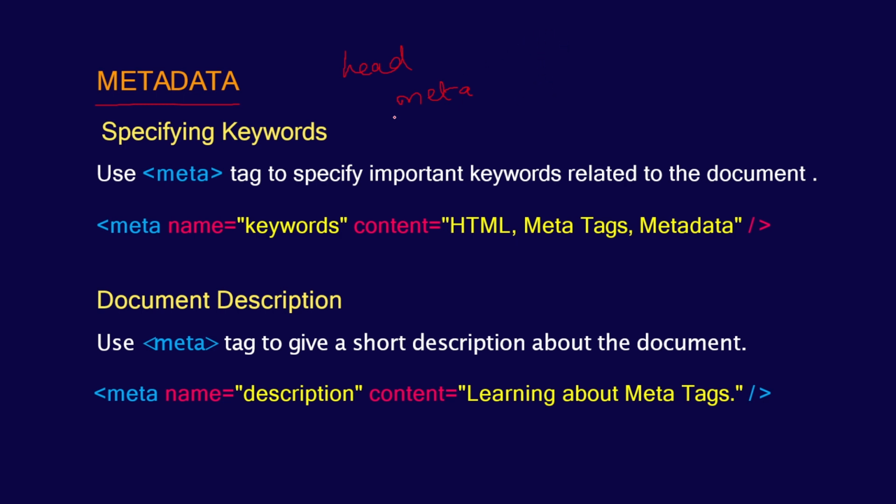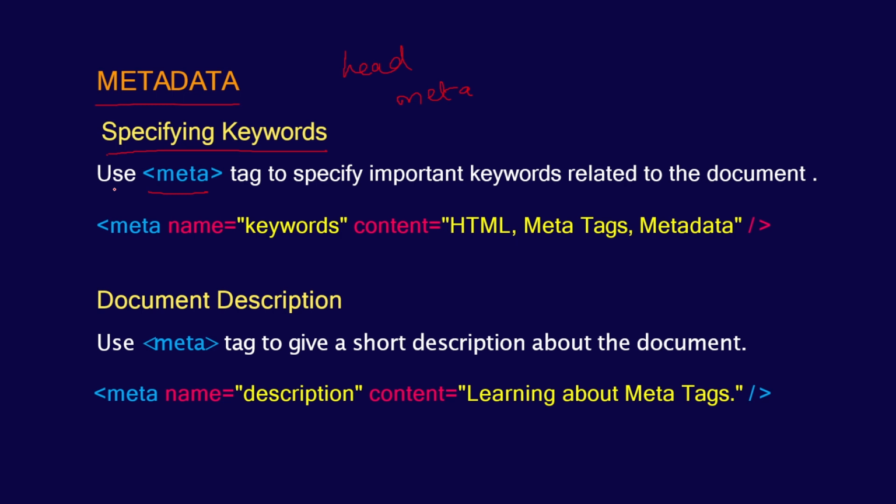Now, it can be about the specific keywords, about the description of that HTML document, about the author, about the viewport settings, and etc. So let us see the specifying keyword. Inside this meta tags, there are certain classifications done. This meta tag can be used for specifying the keywords when you want to specify certain important keywords related to that particular document, so that whenever inside your search engine, when you're going to type those keywords, that particular HTML